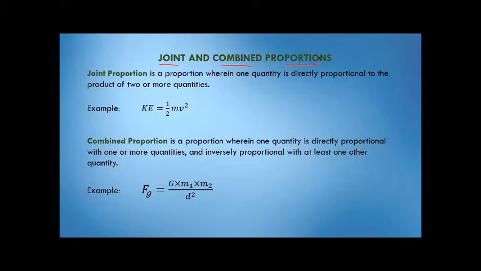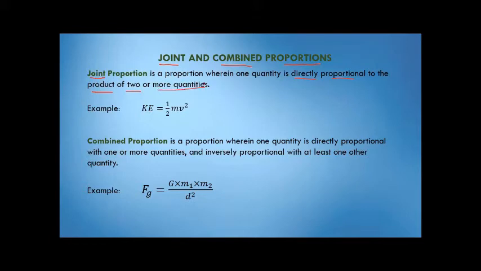So ano ba yung tinatawag natin pag joint at ano ba yung tinatawag natin pag combined? So prior to this, kaya natin pinag-aralan yung direct proportion at saka inverse proportion kasi pag nagsama sila sa isang proportion, pwede siyang tawaging joint or pwede rin siyang tawaging combined. Okay, let's see. Una, joint proportion is a proportion wherein one quantity is directly proportional to the product of two